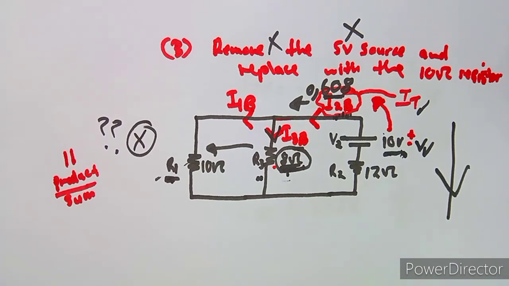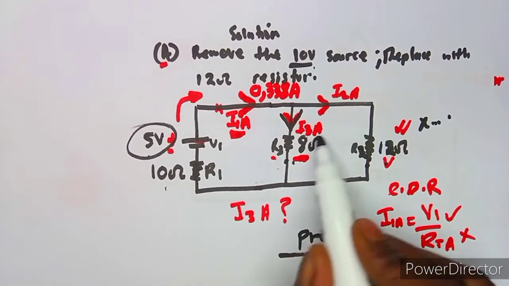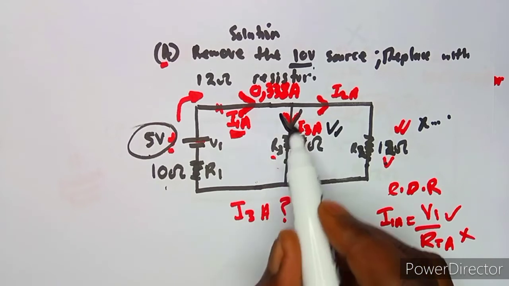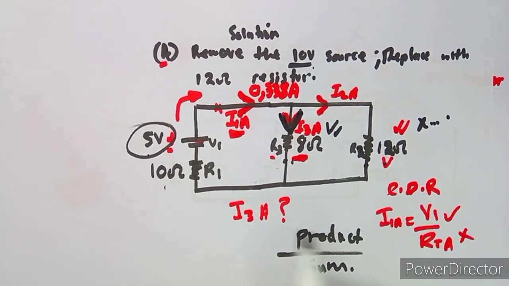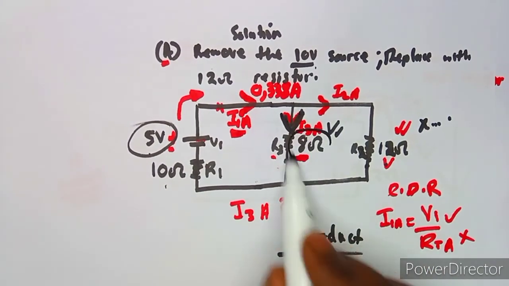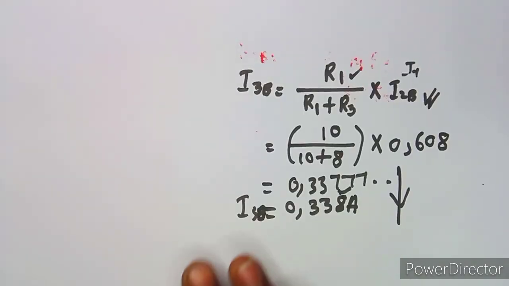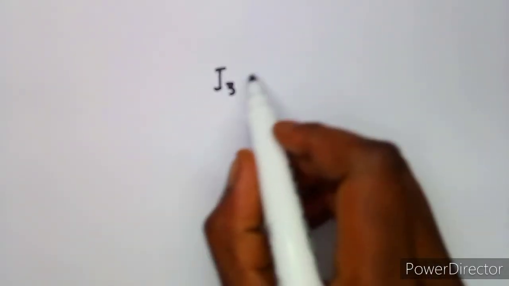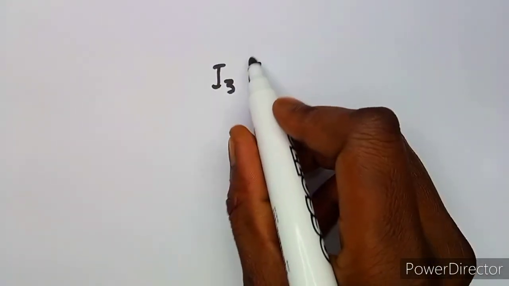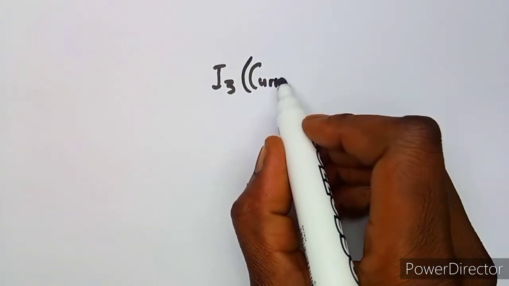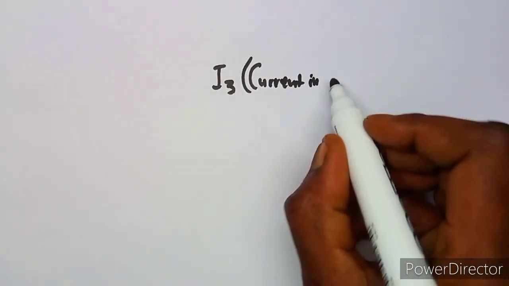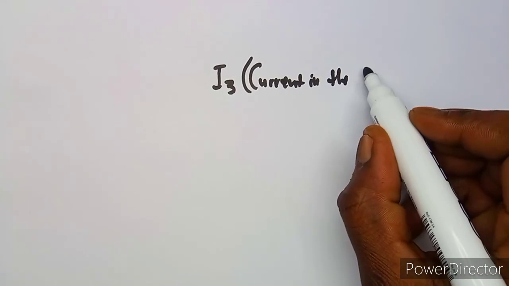All right, from the first consideration that we did, we calculated I3A in this case, and if you can see, it was facing the same direction. So that means the current in the 8 ohm resistor, which is I3 in this case, which is the current,